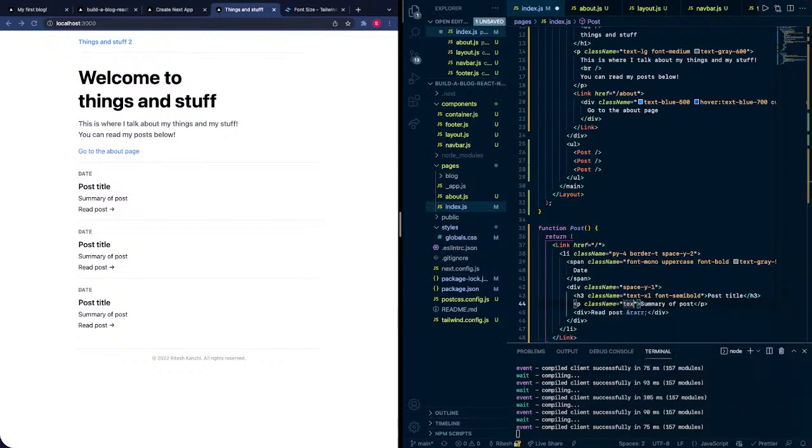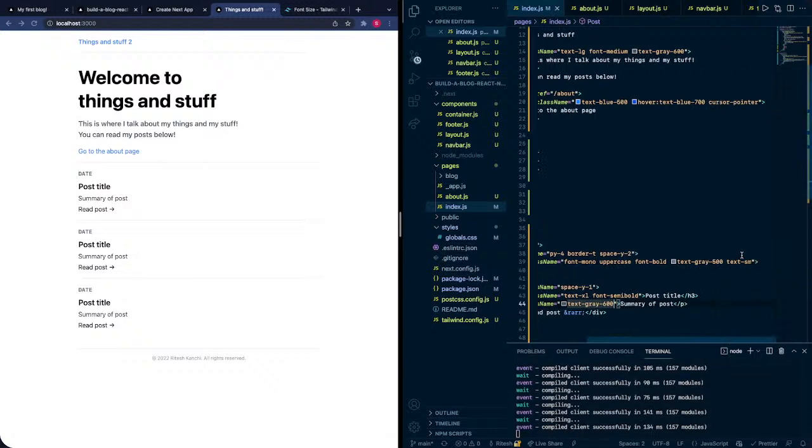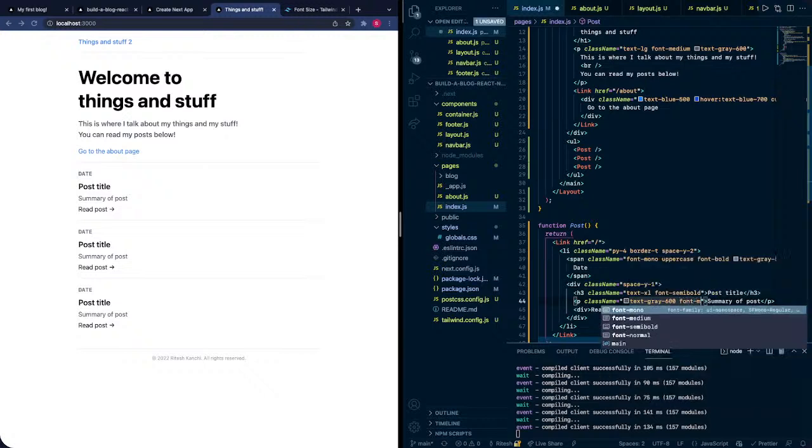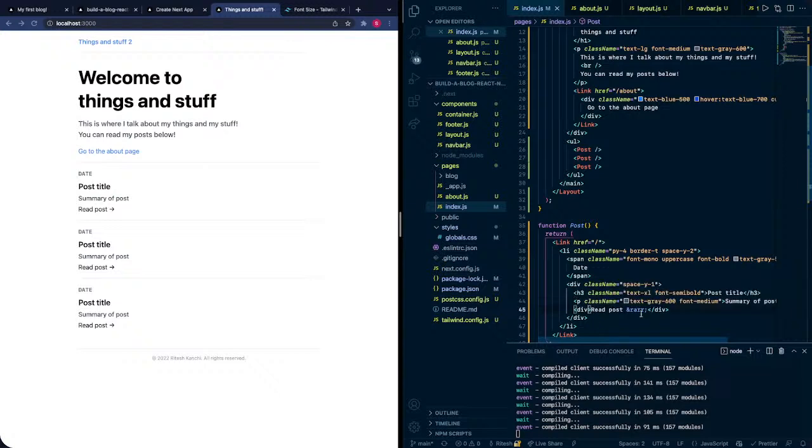Here we now set this to text gray of 600. I think we use 500 there, perfect. Let's make it a font medium. I think we can get away with that. It'll look nice. And then here at the bottom, since the entire thing's just a link, we can just do